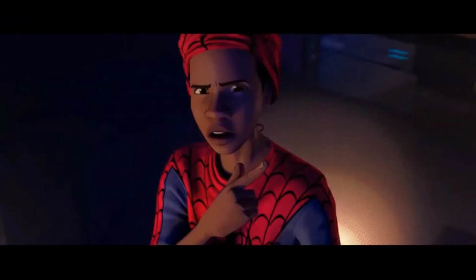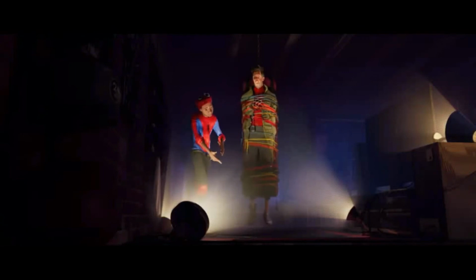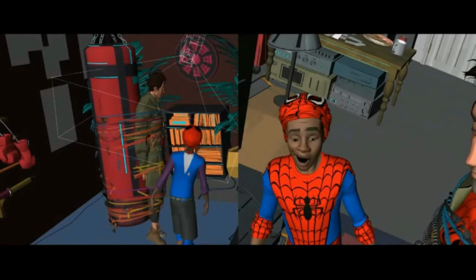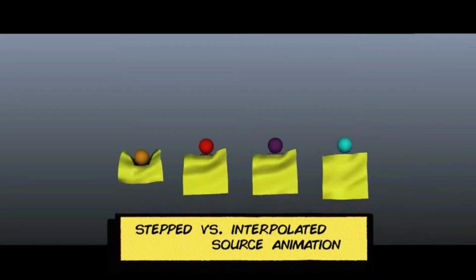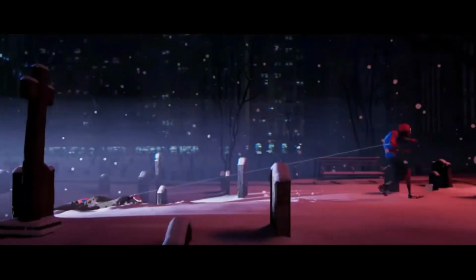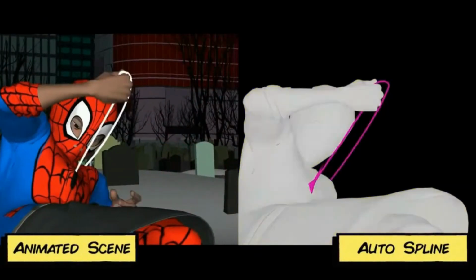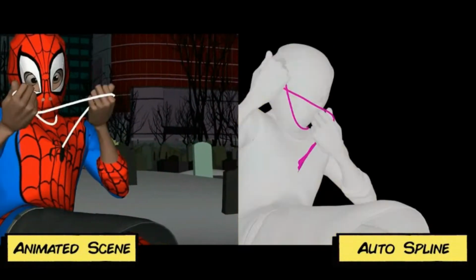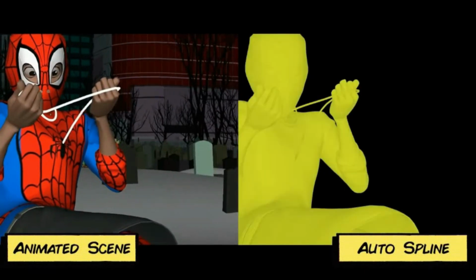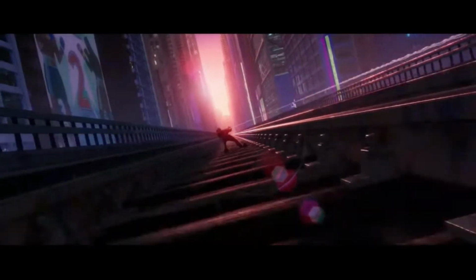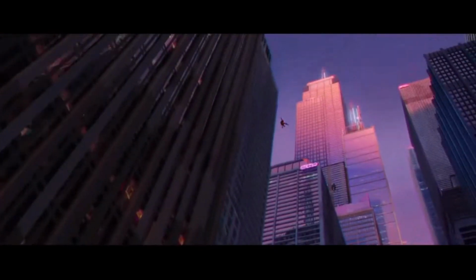Animating on twos freed up all kinds of movement possibilities and equally as many challenges. We had to adapt our performances in different ways depending on how the camera moved. In order for simulations to work with our style, we had to animate so clearly that a parallel version of our scene could be created and then automatically splined for the cloth and hair teams. We developed a new publishing process and tools to allow animators in the cloth team to preview and experiment with twos, with the flexibility to make every shot a combination of twos and ones.